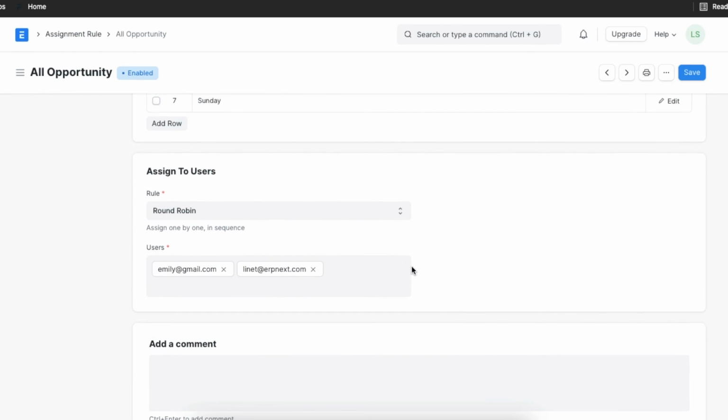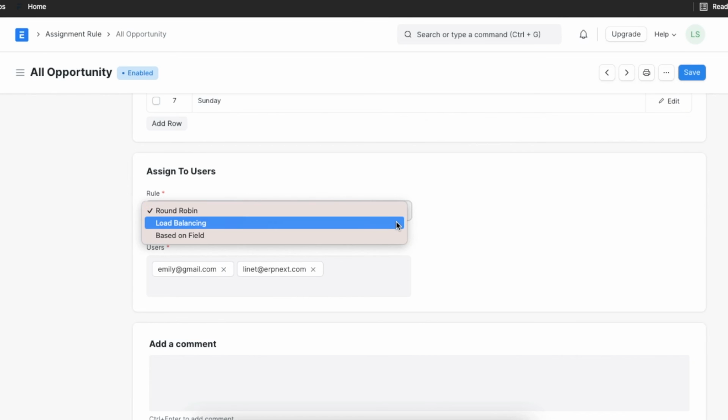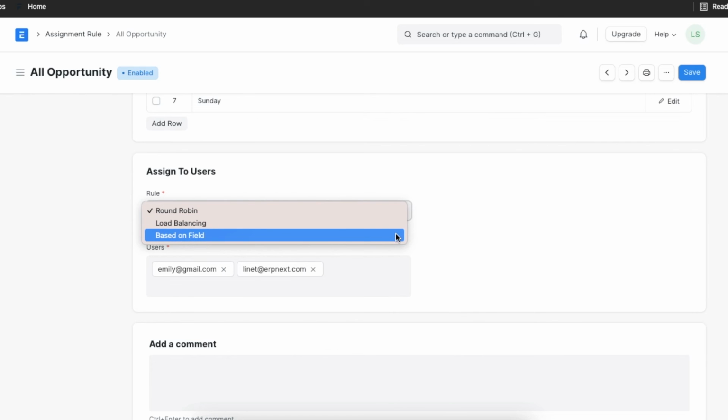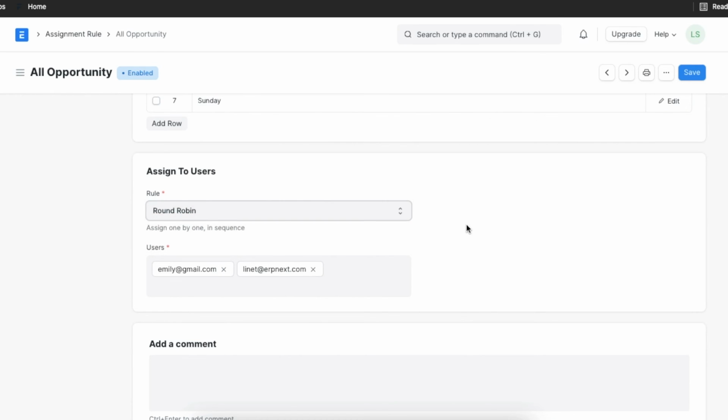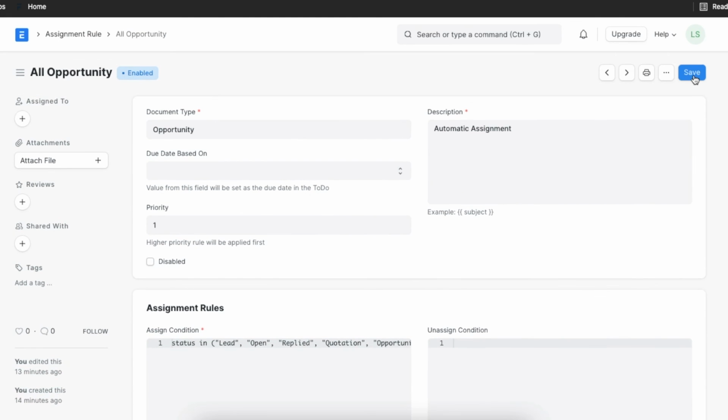You can pick a rule that will be used to assign opportunities to users. The assignment can be in round-robin fashion, load balancing, or based on the field. Once you've added all the details, just click Save and the new auto-assignment rule is created.